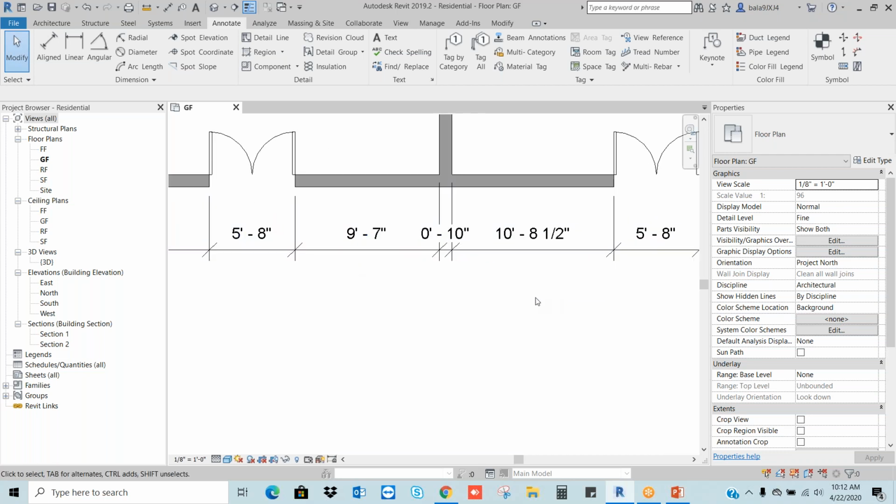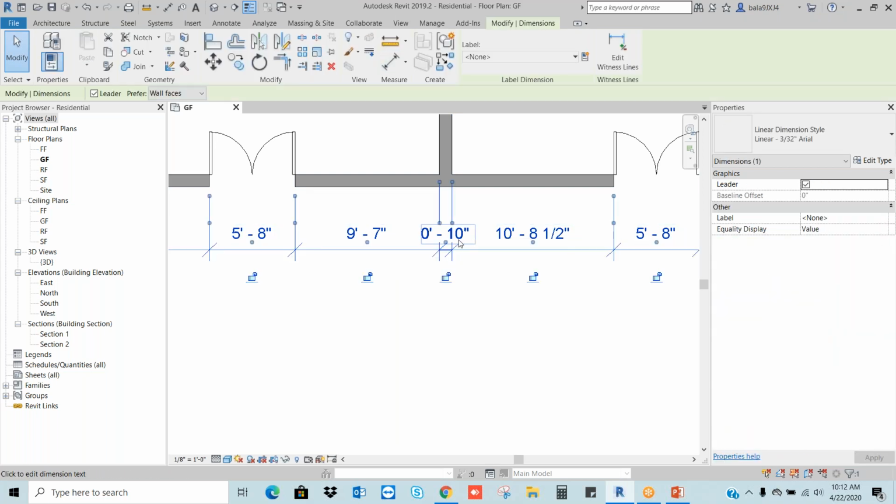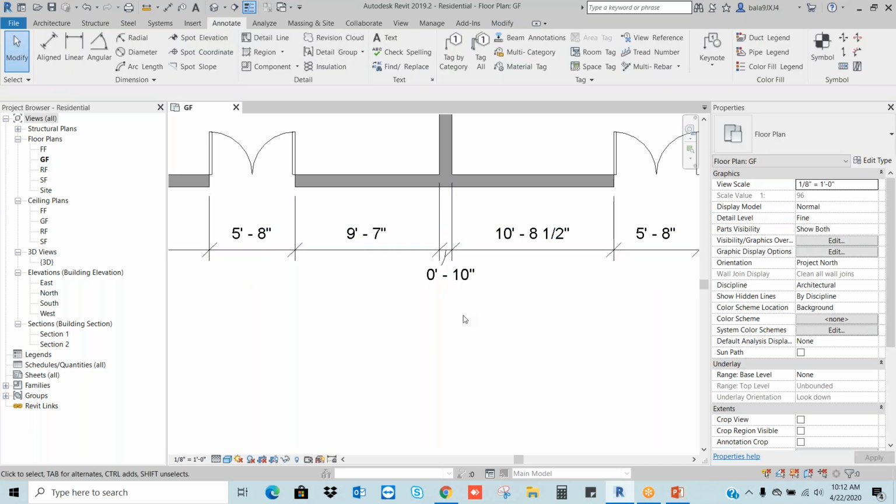For example, here the 10 inches dimension is overlapping. I want to adjust this overlap. So select the text and click on this small dot, bring it to the outside. Listen carefully.